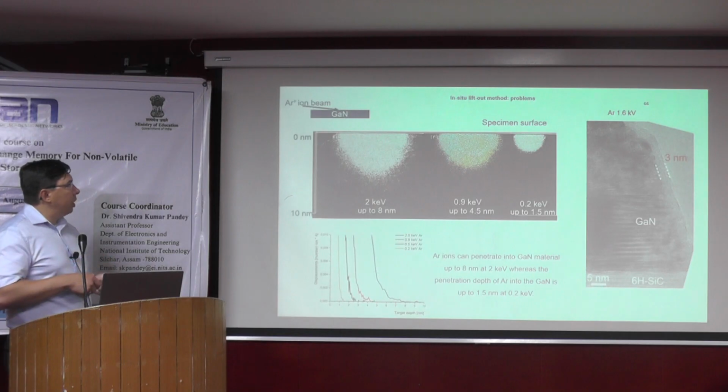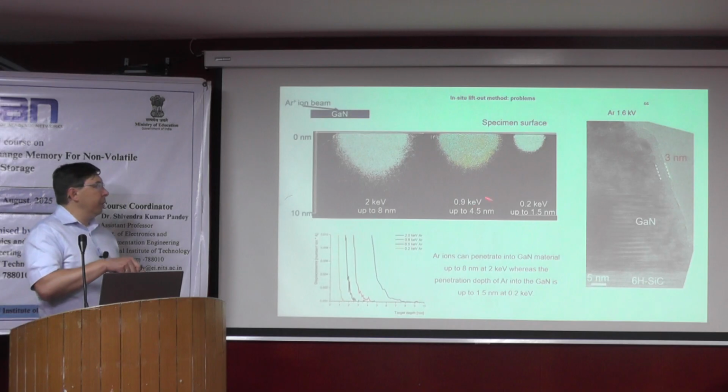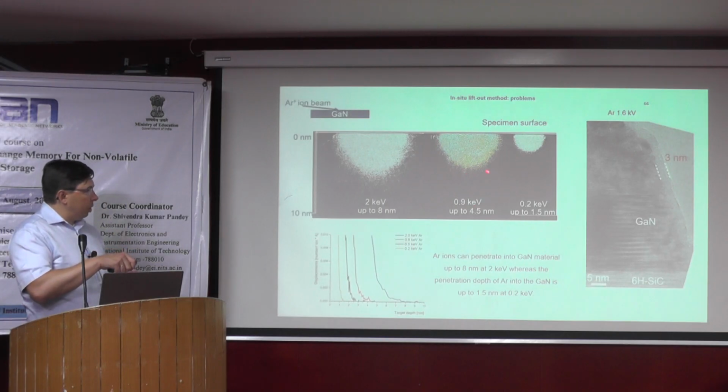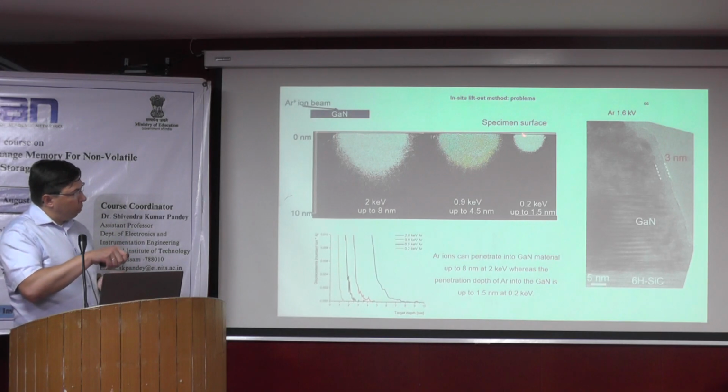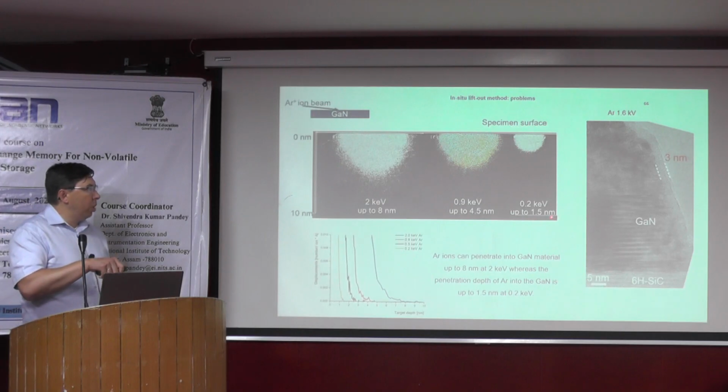Here we use gallium nitride. Here we can see that if we reduce the ion beam energy to 2 kiloelectron volt, the penetration maybe is up to 8 nanometers. Then if we reduce to around 0.8 kiloelectron volt, it reduces to 4.5, and with 200 volt you can even reduce the penetration depth into your specimen up to 1.5